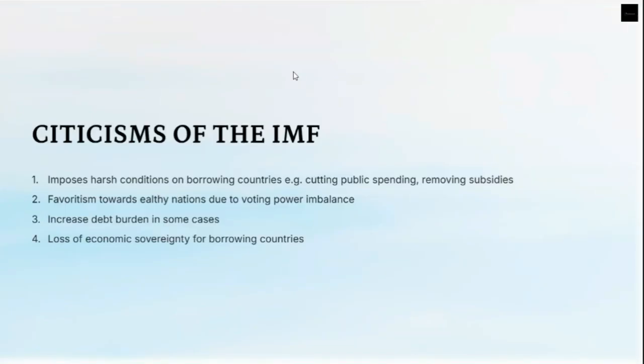There are lots of determinants. International environment, which includes global trade and alliances. Then the actions of other states also influence decisions. Then economic strength: wealthier nations have more global influence and can use trade or sanctions as tools. That's all I know.